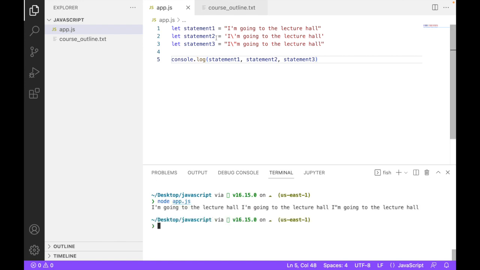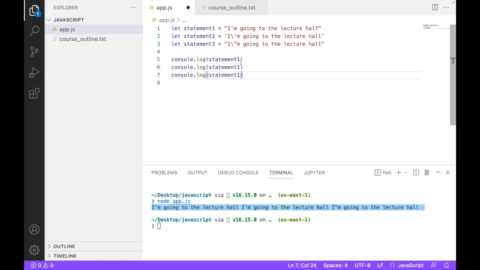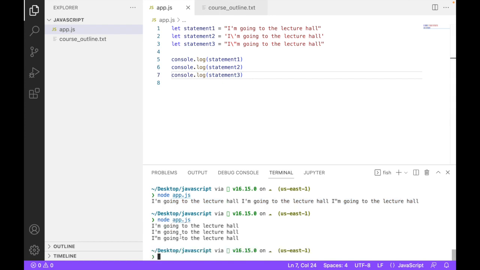As you can see, I was able to add every single value in one statement. I was able to console log every single variable in a single console log statement. Of course, your result would be compact this way. You can decide to separate this if you want to, and then you have it in